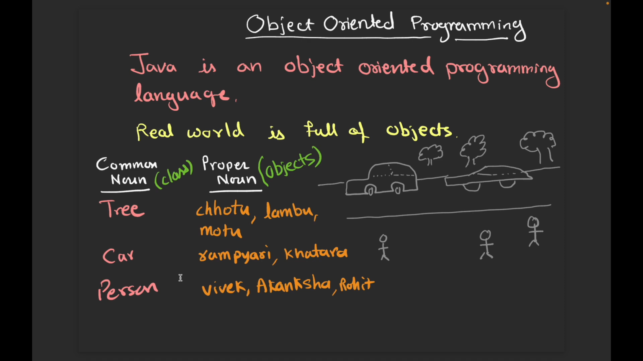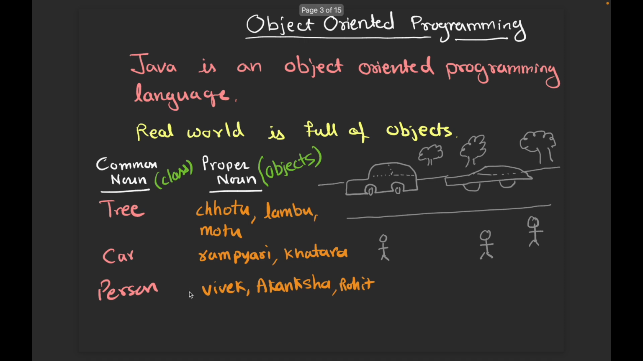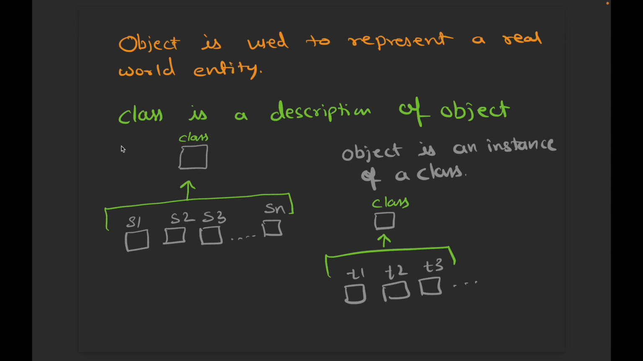Person is a common noun, and Vivek, Akanksha and Rohit are proper nouns. So all three are objects. An object is used to represent a real world entity. So Chotu, Lambu, Motu and all these proper nouns represent real world entities, and a class is a